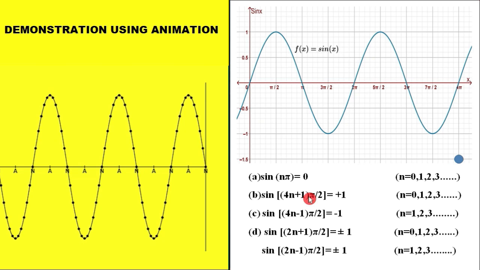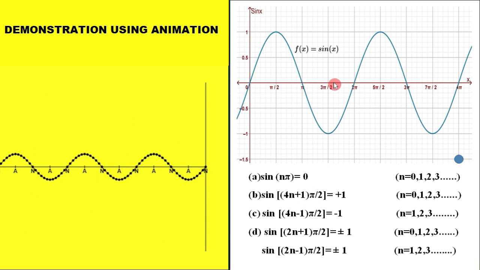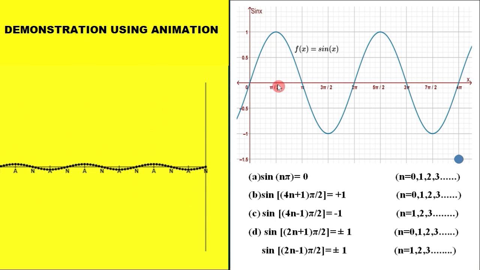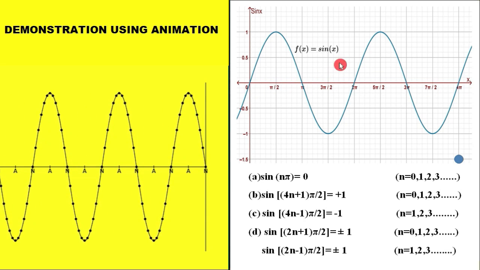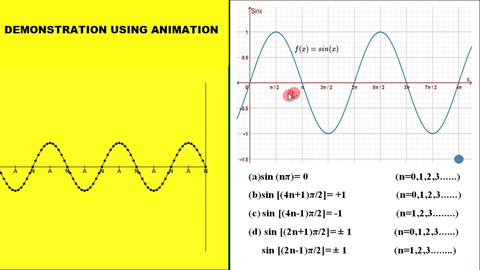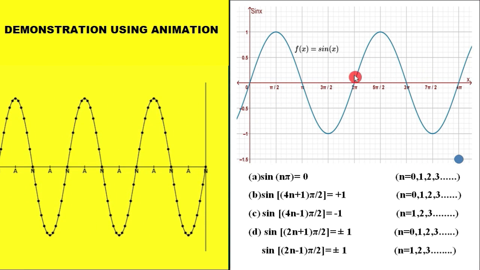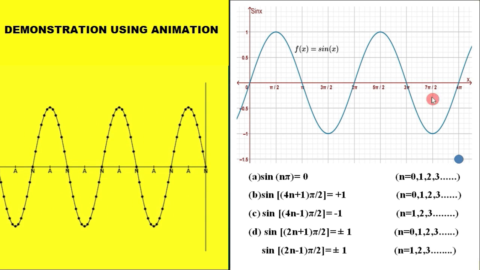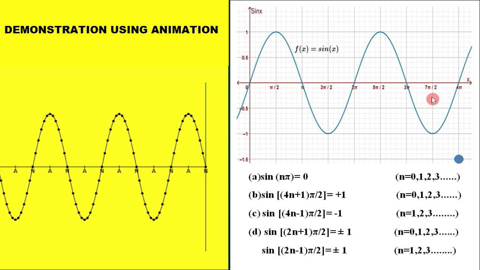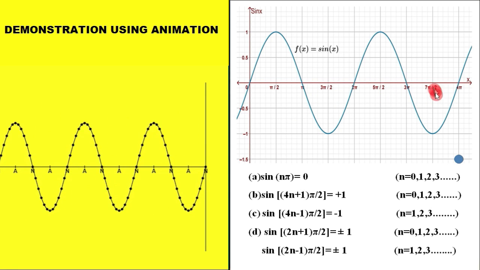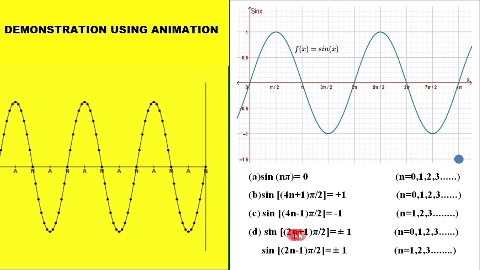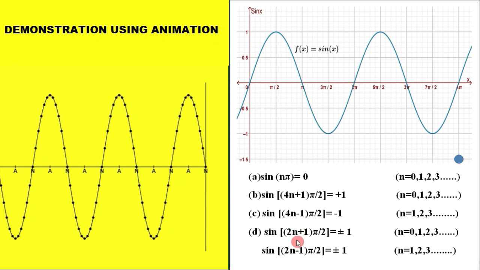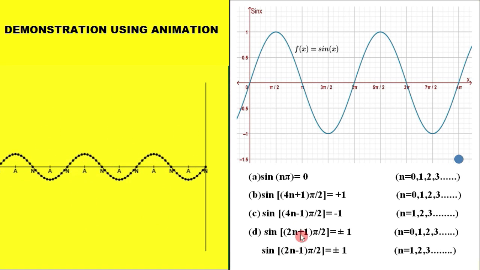So where am I getting plus or minus? See, pi by 2, 3 pi by 2, 5 pi by 2, 7 pi by 2, all these points. Here plus 1, here minus 1, here plus 1, here minus 1. Where? Pi by 2, 3 pi by 2, 5 pi by 2, 7 pi by 2, means at every odd multiple of pi by 2. Yes or no? 1, 3, 5, 7 pi by 2. So every odd multiple of pi by 2. Or you can write it like this also, 2n minus 1 or 2n plus 1. Anyway, you can represent an odd number.